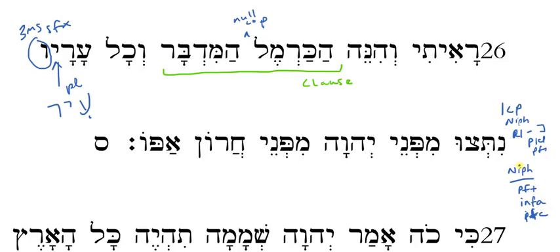What would be the verbal root? The verbal root looks like it's natats. Okay, natats. And so if this is a Pual, then that's the root 1 nun from natats. If it's a niphal, then the nun has been added, and this root 1 nun has assimilated and become a doubling dot inside the tav. So those are my possibilities here.